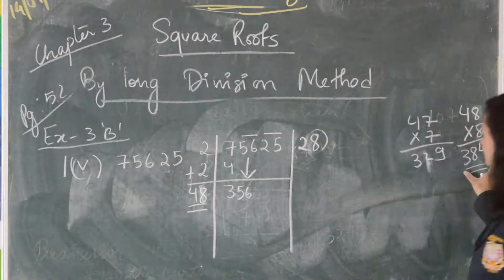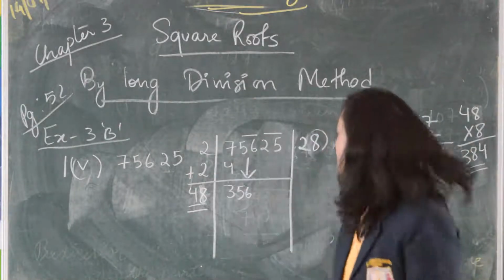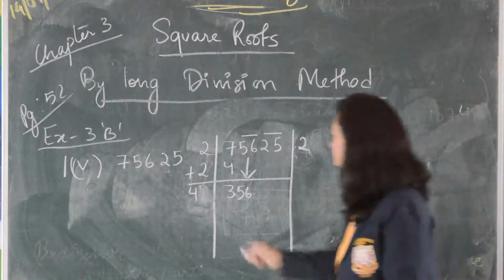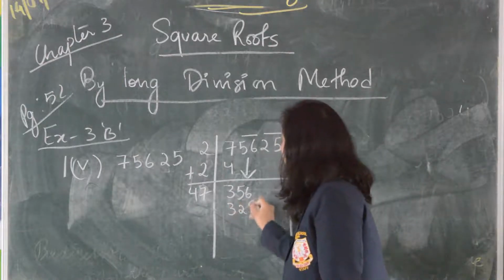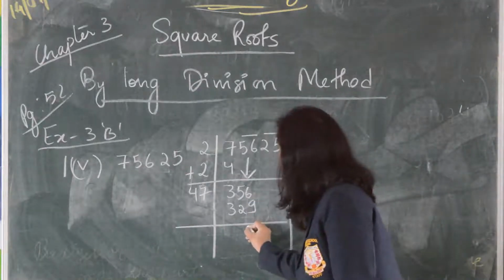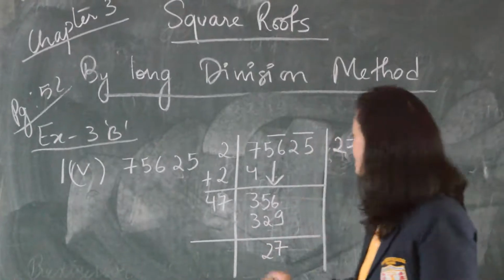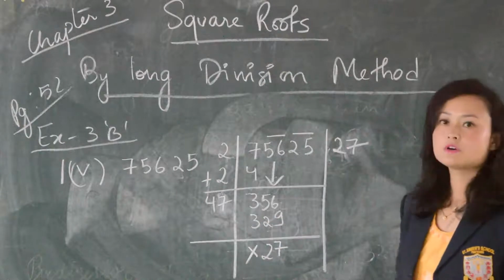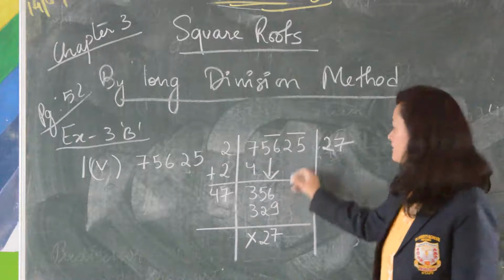So we cannot take a number which is greater than this, so we will take 7. So 16 minus 9 is 7, 4 minus 2 is 2, and this is 0. Now what remains? 2 and 5. And we cannot bring 2 alone, we have to bring